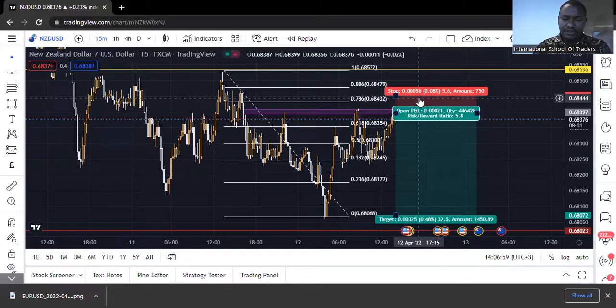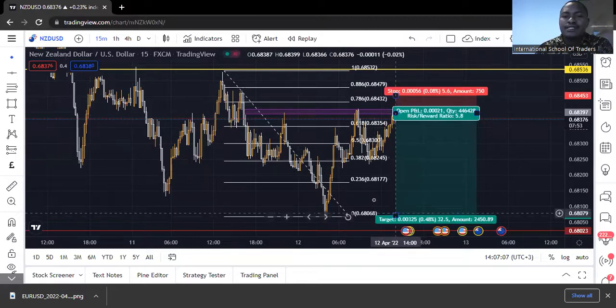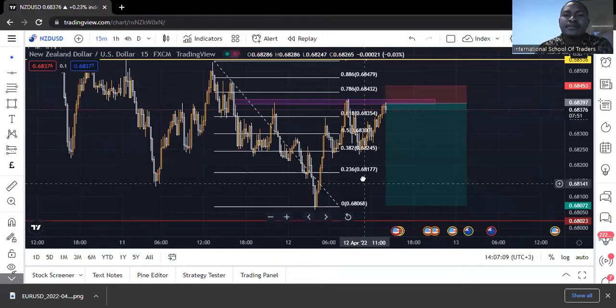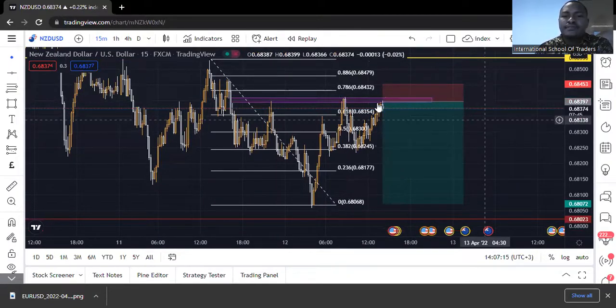Okay, cool. I'm going to send this also in the group, stop loss and everything. This is NZD-USD. We're looking to take profit on this previous low here, except if this market breaks this structure and continues going further up. But this is my beautiful area of entry here.